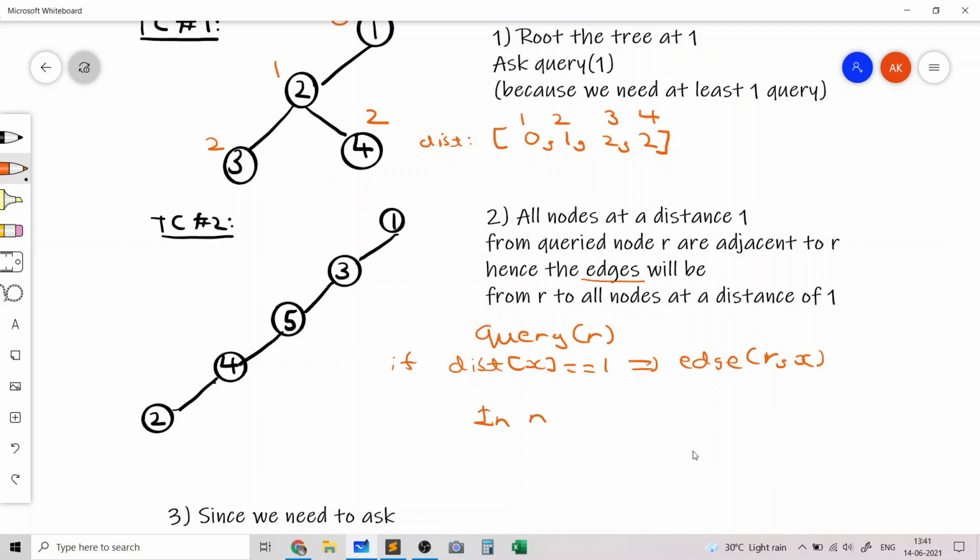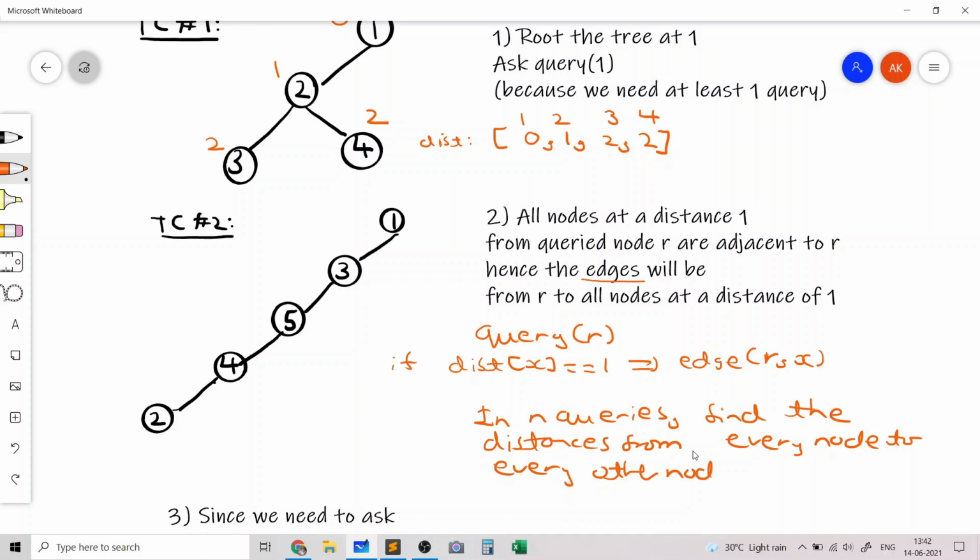So in n queries, we can basically find the distances from every node to every other node, and based on this fact that if distance of x is 1, that means there's an edge from r to x, we can basically reconstruct the graph.